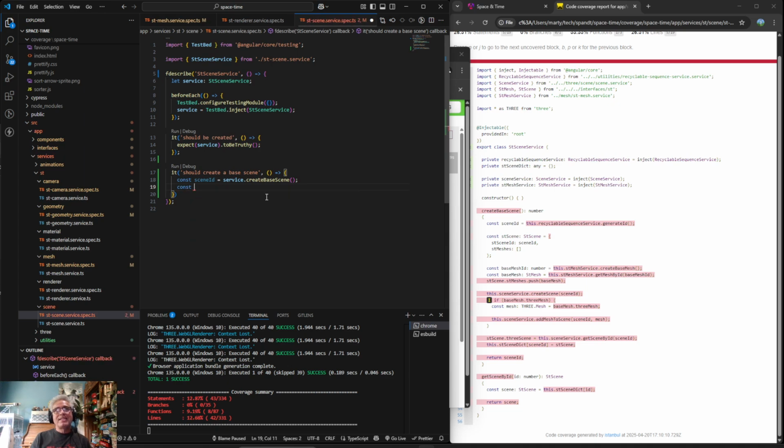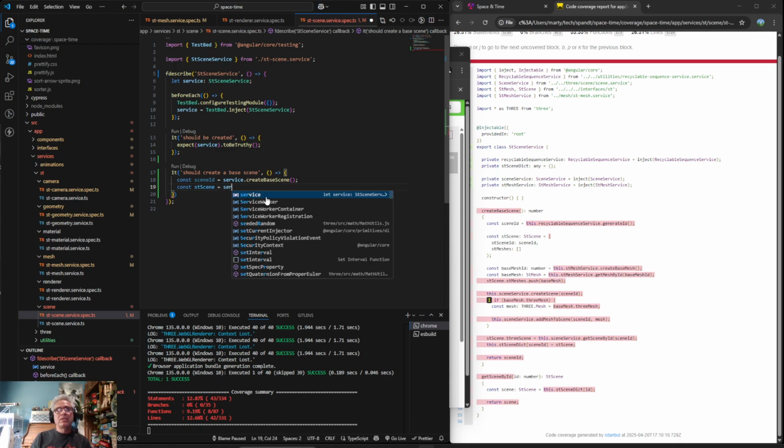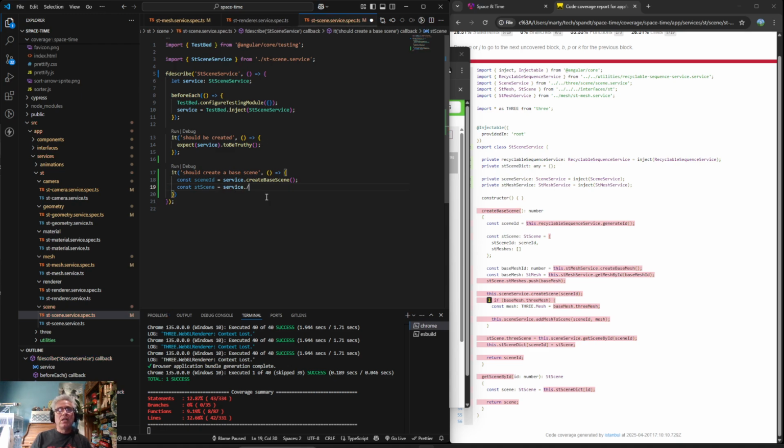Now we're going to create an ST scene, service dot get scene by ID. So now we're going to get the scene that we wanted, and scene ID. And now we're going to run that,